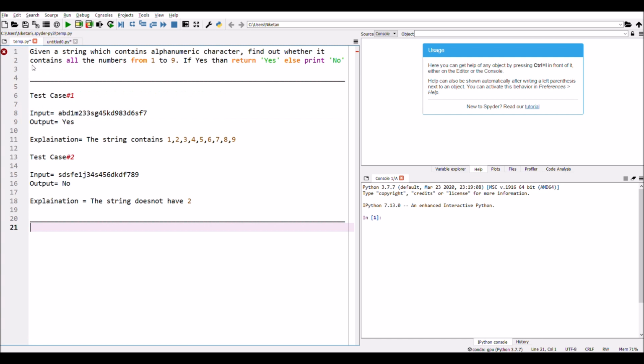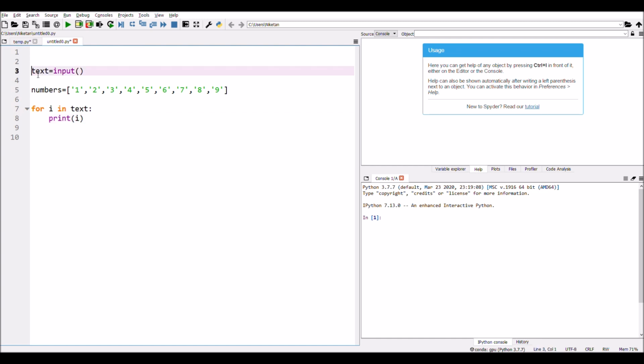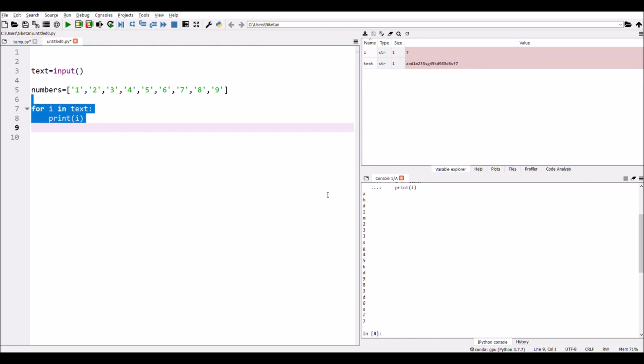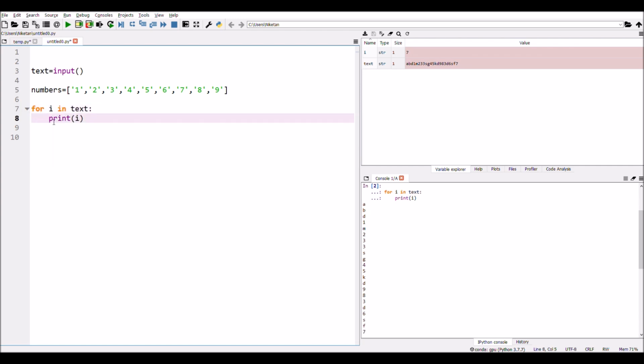We will copy the string and we will run this line by line. Now we can see that it is stored in the string. And now when we run this loop, we will find that each character has been printed. So in i, every character will be present.